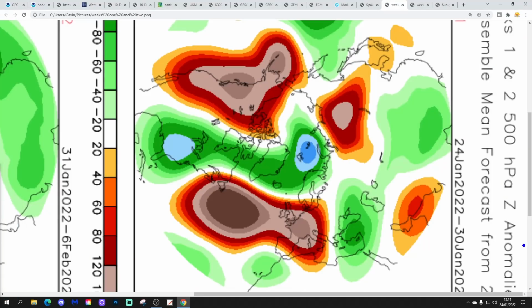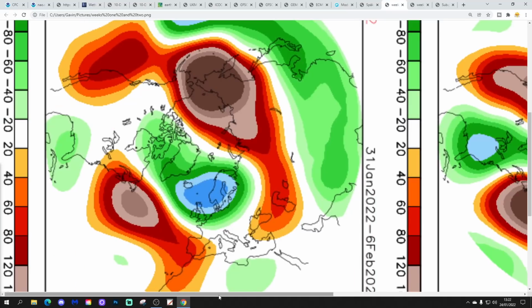CFSv2, finally, so it's a 500 millibar height spring down to week periods. The first week period takes from 24th to 30th of January. The coming week again has lots of high pressure domination and will be pretty mild. All change though for week 2, 31st of January to the 6th of February, with low pressure then over and to the east of the country, bringing winds in quite a cool northwesterly direction. That might include that little cold snap sometime around the 31st of January and the 1st of February. It could do.